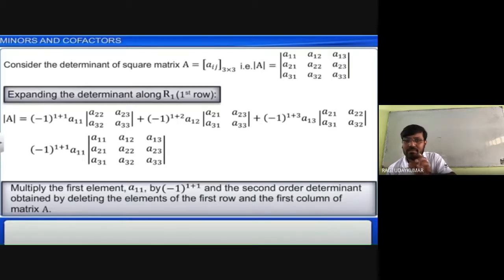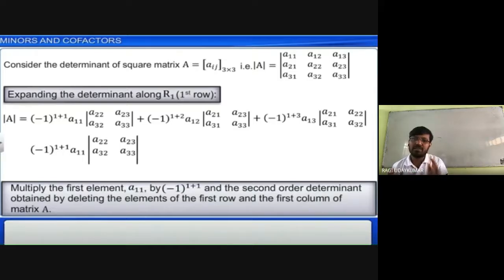In this matrix, the first row and first column of A11 will be deleted, and whatever 2 by 2 matrix we get, that matrix's determinant we take for calculating the determinant of the 3 by 3 matrix, plus